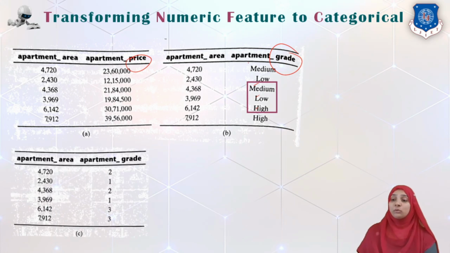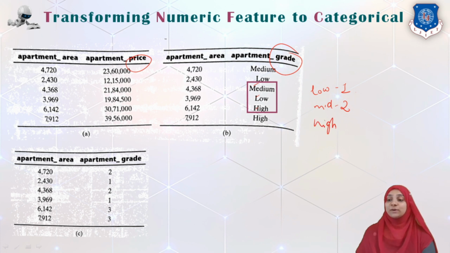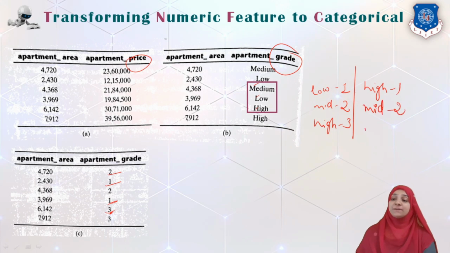And later on we know how to convert our categorical but ordinal data into discrete data. So I know that low is the smallest value, mid is the second, and the highest value is represented with 3. So instead of writing medium, I can write value 2. Instead of writing low, we can say it is value 1. And instead of high, we can have value 3, for example. Obviously, it is completely the human's choice; we could also say high is represented by 1, mid by 2, and low by 3.